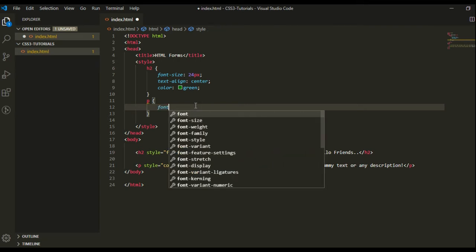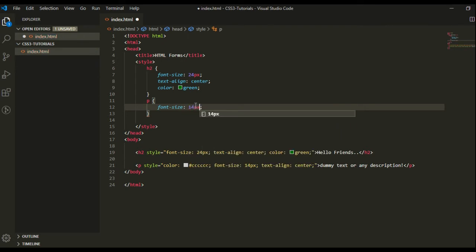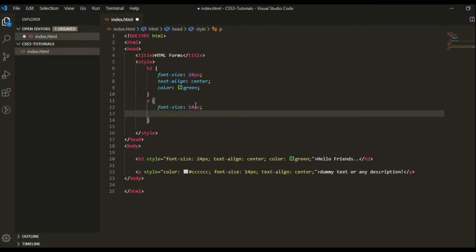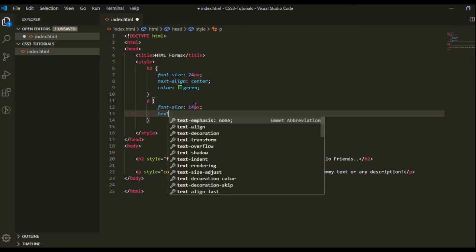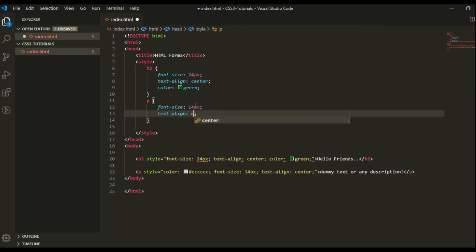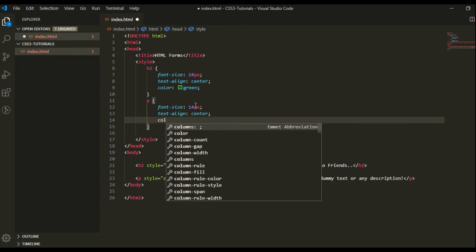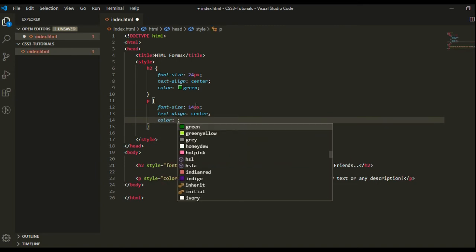Font size is 14 pixels, text align center, and for the color we can give the color code or the color name directly.